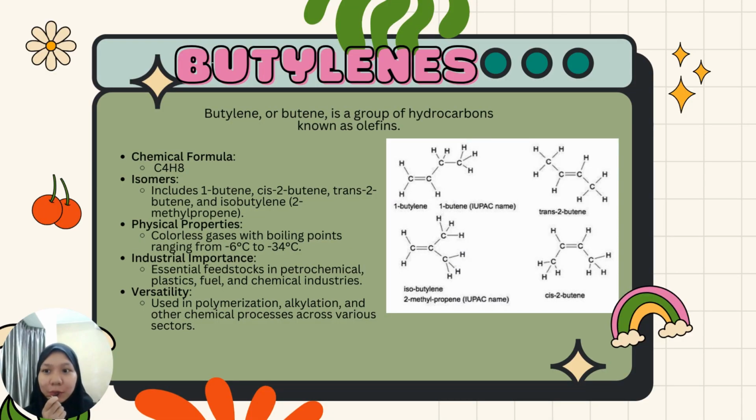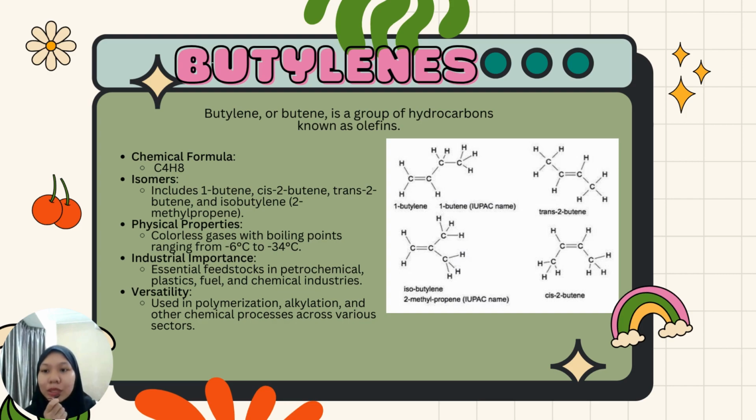Butylene, also known as butene, is a group of hydrocarbons classified as olefins. It belongs to the alkene family and is composed of 4 carbon atoms with varying degrees of unsaturation. Butylene exists in several structural isomers, including 1-butene, cis-2-butene, trans-2-butene, and isobutylene. Each isomer differs in the arrangement of atoms and the location of carbon-carbon double bonds, leading to distinct chemical properties